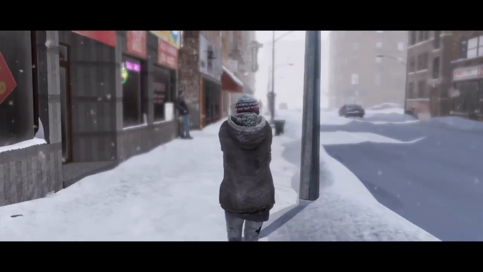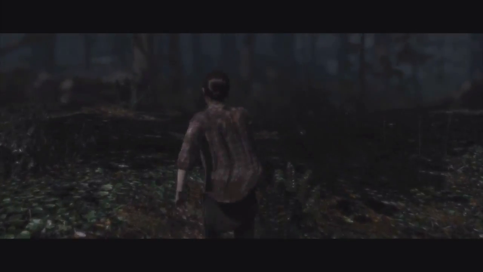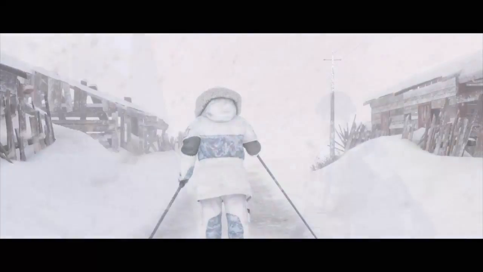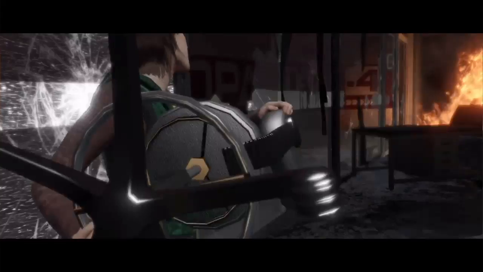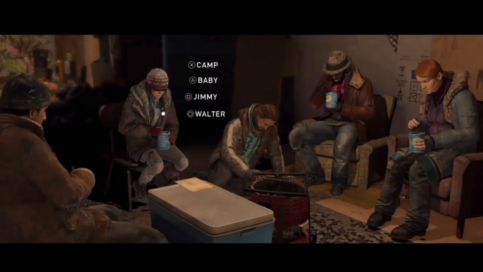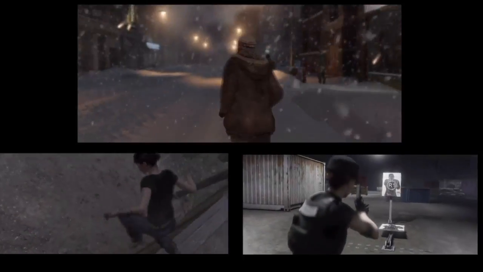One of the major revolutions in Beyond is the way Jodie Holmes moves. Depending on the context, depending on your emotional state, you see the character of Jodie moving differently, walking differently, looking around differently. And most importantly, to give the player the feeling he's really in control of the character. He can do almost anything he wants to do. You can talk to other people, interact with objects, and also run, jump, shoot, drive a motorcycle, or even ride